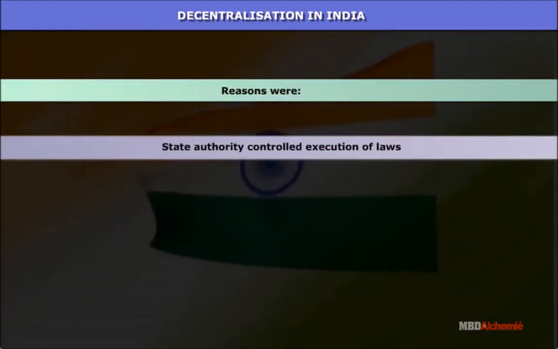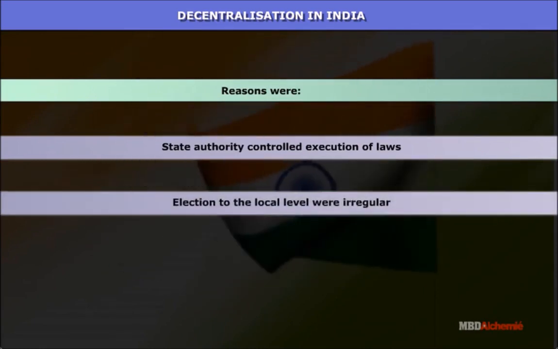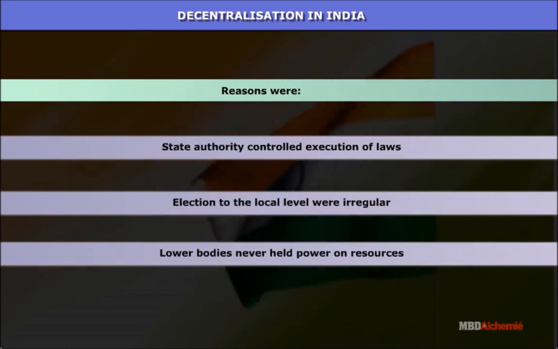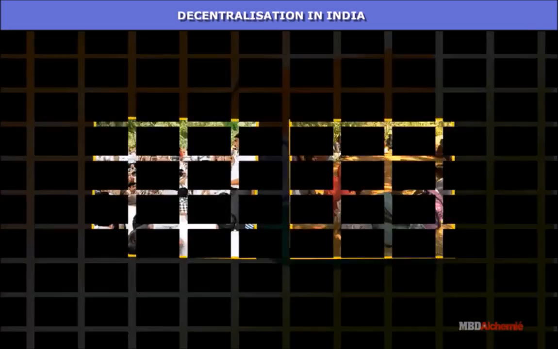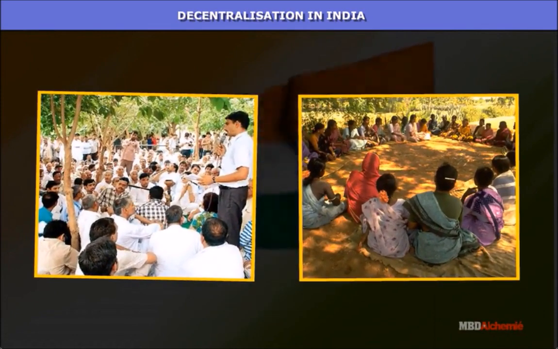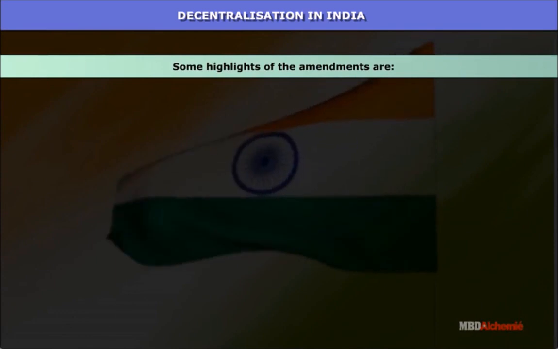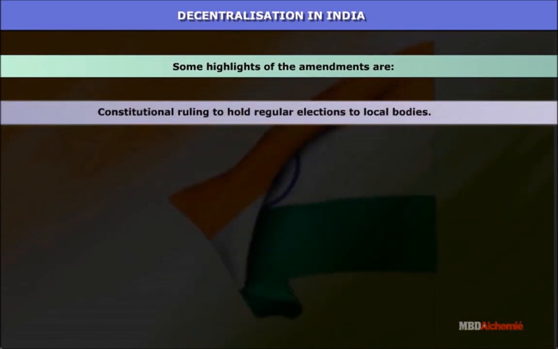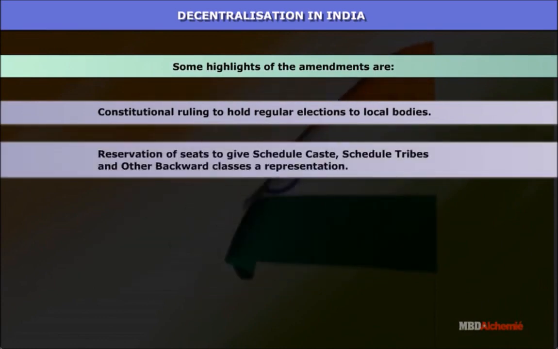Reasons were: state authority controlled execution of laws, elections to the local level were irregular, lower bodies never held power on resources. The first major step was taken in 1992 when the constitution was amended to make the third tier of governance more effective. Some highlights of the amendments are: constitutional ruling to hold regular elections to local bodies,